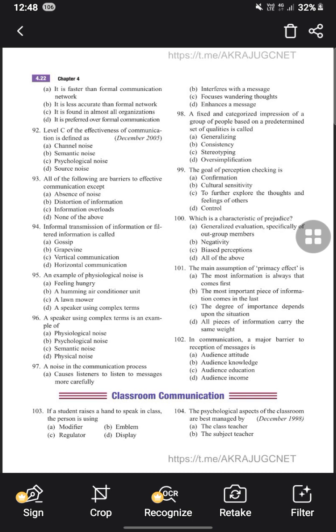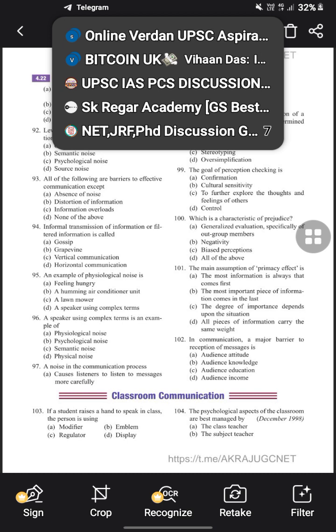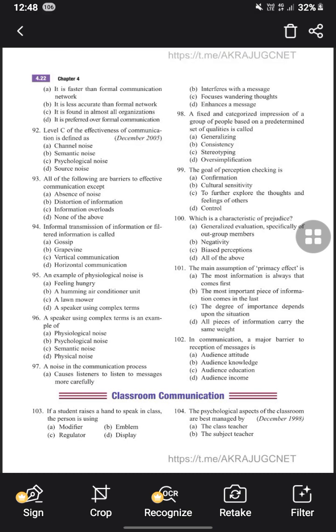A speaker using complex terms, 96 is C, that is semantic noise. What is noise in the communication process? 97 is B. 98 is what? A fixed categorical impression of a group of people based on a predetermined set. 98 is C, stereotyping. The goal of perception checking is 99 is C, to further explore the thoughts and feelings